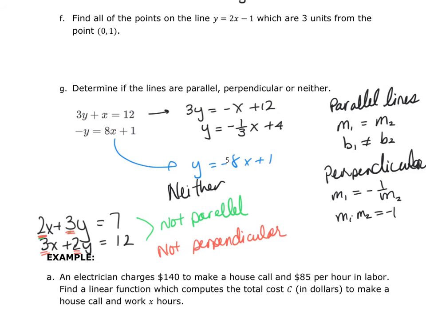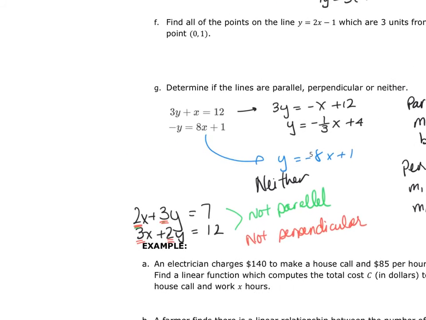So if I look at it in standard form, these are both in standard form, I can tell you by inspection that they're not parallel because the coefficients on the x don't match and the coefficients on the y's don't match. And they're not perpendicular because the coefficients on the x should be the coefficients on the y, the coefficients on the y should be the coefficient on the x, and one set has to have opposite signs. So what I mean by that, these are not perpendicular, but